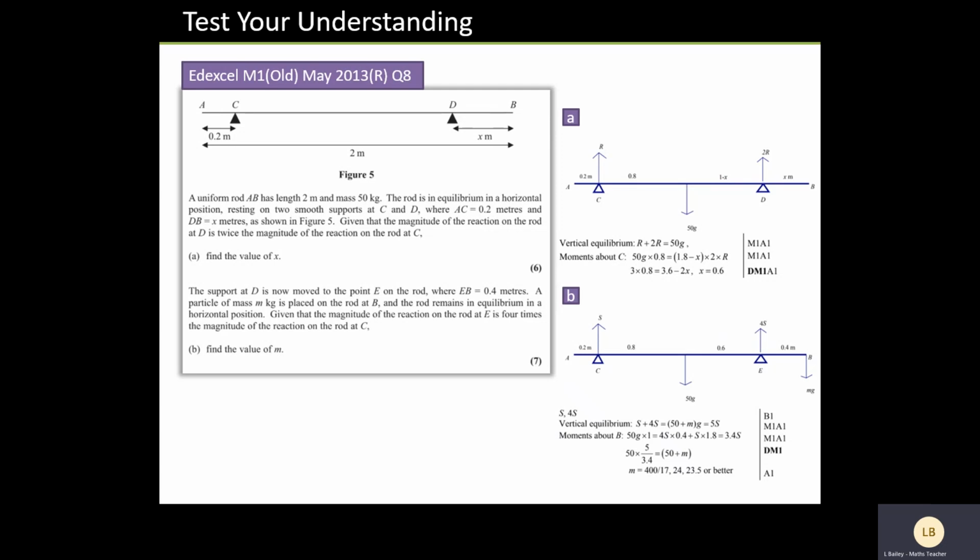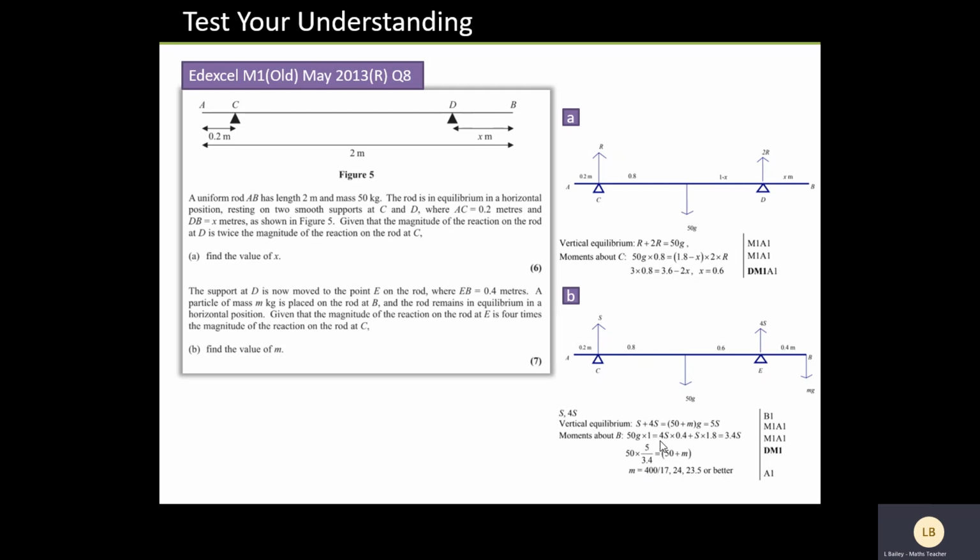So I've got my 50G, which is at a distance of 1 meter. So that's going anti-clockwise. I've got my 4S, which is a distance of 0.4 going clockwise. I've got my S, which is at a distance of the 1 meter to the middle plus the 0.8, so 1.8, going clockwise. So altogether, if I work these out,